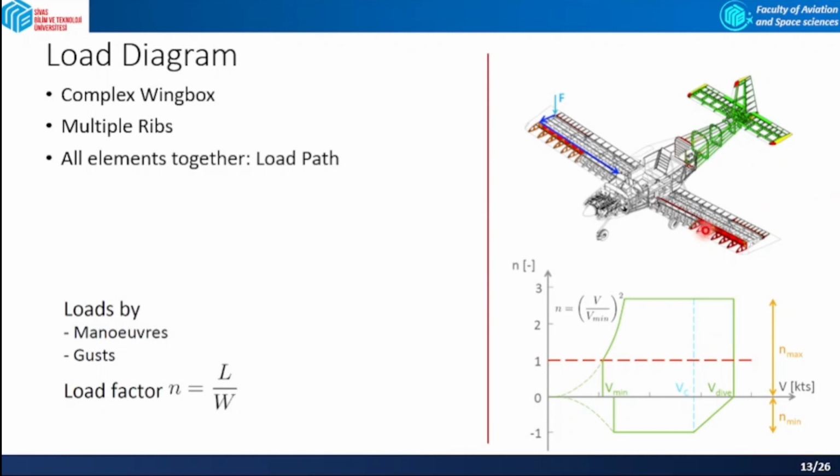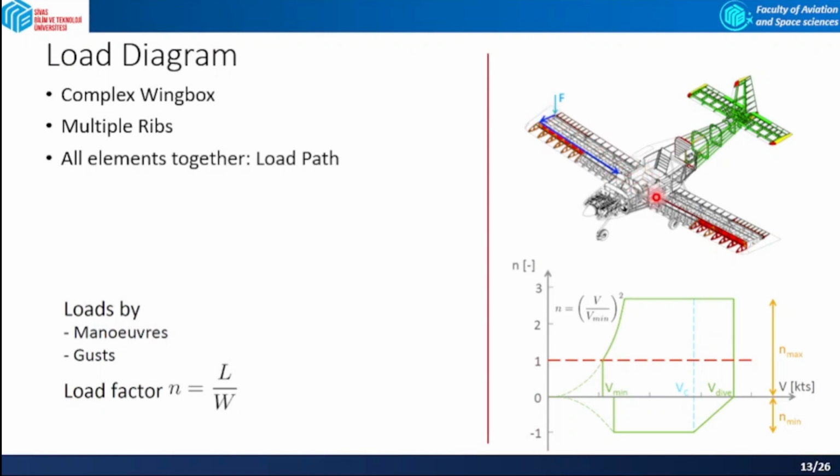And this requires a load path. You can see this load path within the structure. In this scenario, the load is initially transferred through the rib to the main spar, and then it is directed to the center of the aircraft